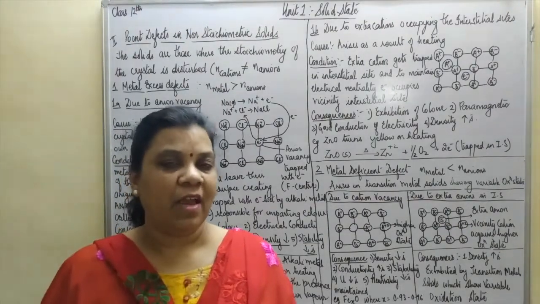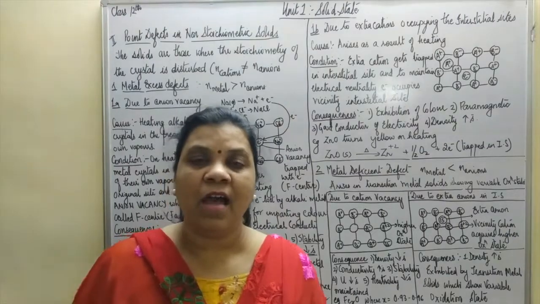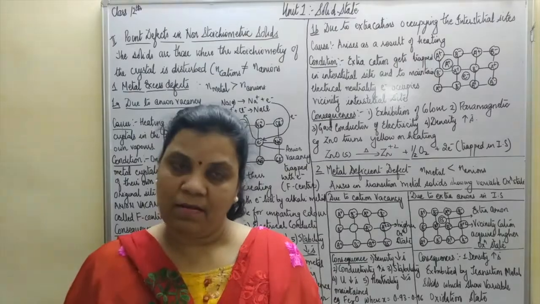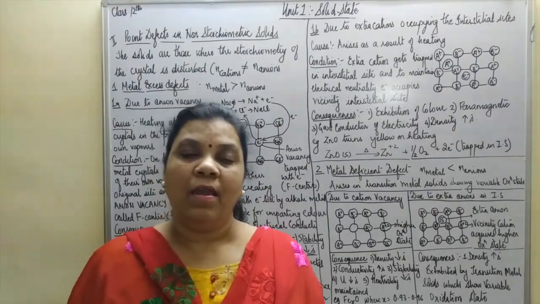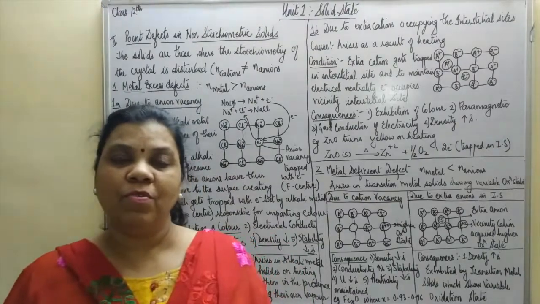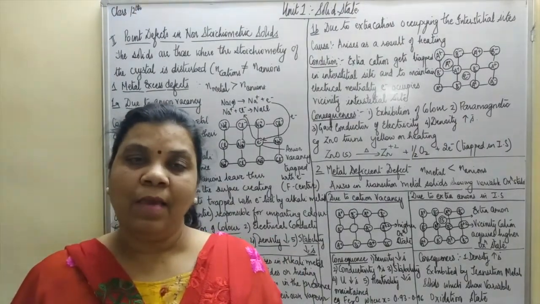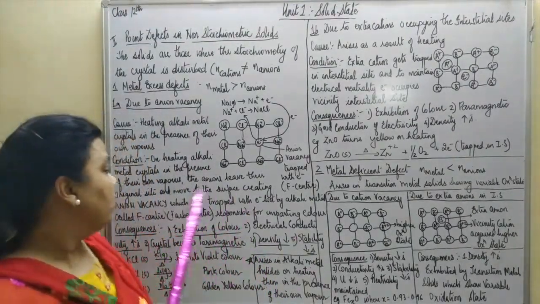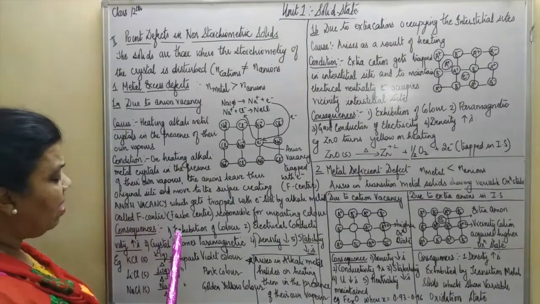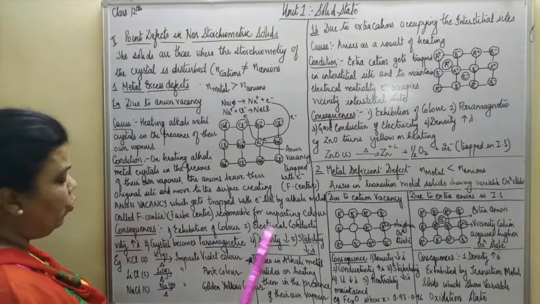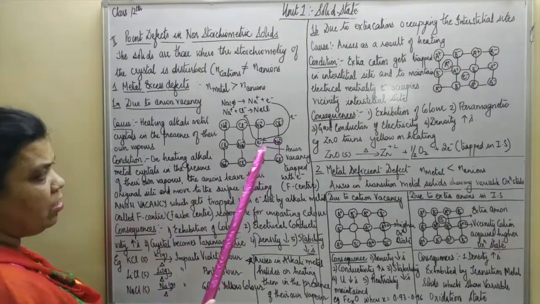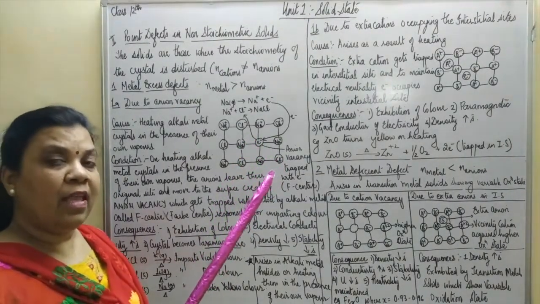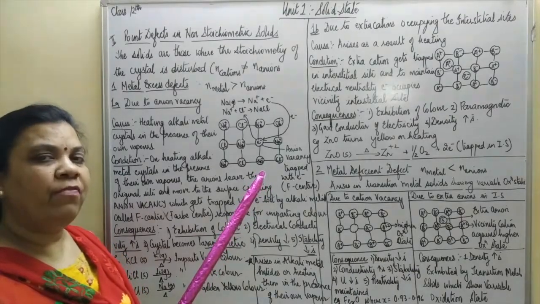Now what is F center that we will discuss? This F, the F word has arisen from the word far, and far means color. So this type of defect is actually responsible for exhibition of color by the alkali metal solids when heated in the presence of their own vapors. So here consequences are: exhibition of color. Number 2, electrical conductivity increases, because wherever we have free electrons, you know that electrons are the current carriers. They will make the crystal a good conductor of electricity.